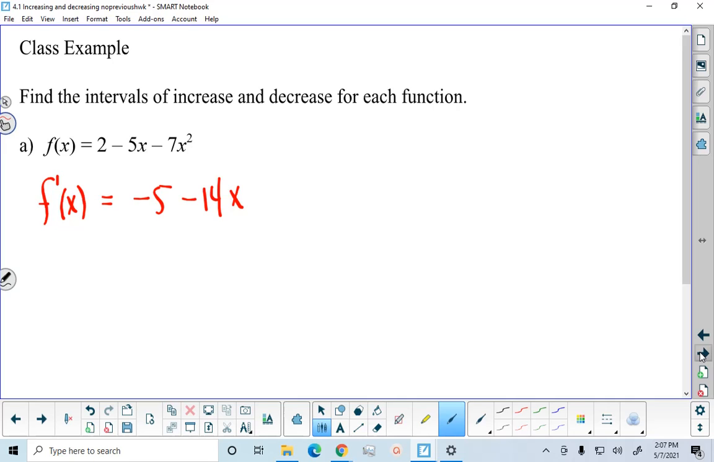I'm just looking at it to make sure I've differentiated it properly. So now the question is this. And you're not going to write this every time. But the question is, where is f of x positive? And where